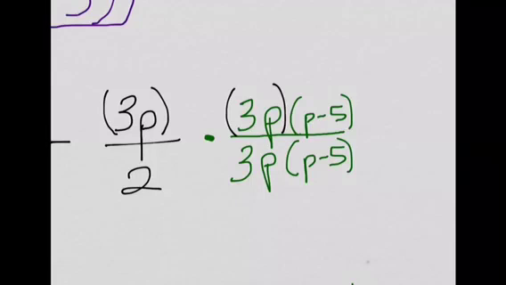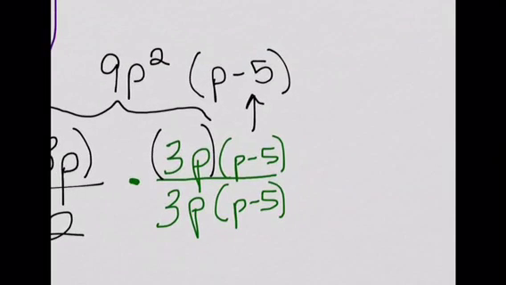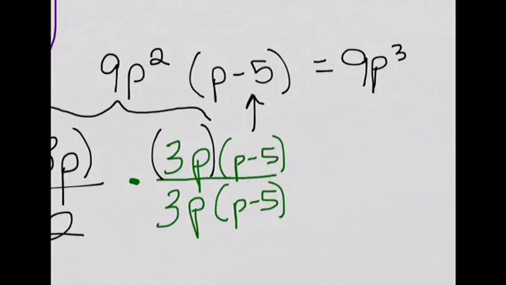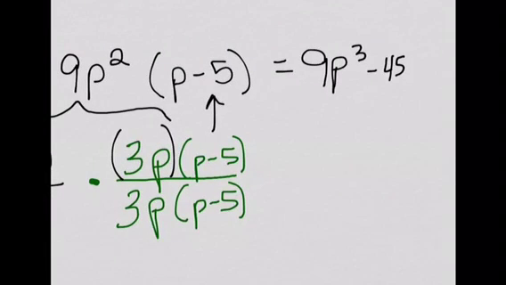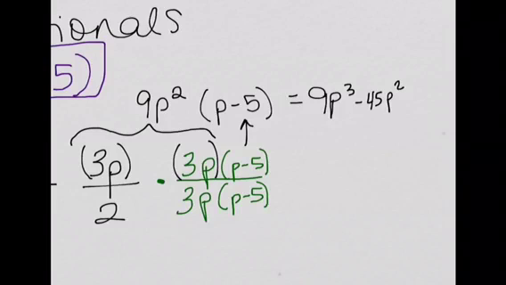So for the ease of things, I'm going to multiply the 3p by the 3p. And I'm going to say that that is 9p squared. Okay? And then I'm going to bring up this third factor, that is a p minus 5, and say, okay, now I can distribute him and multiply. And I can say that this is going to equal 9p to the third power minus 45p squared. Okay, so those three factors, whatever order you multiply them in, this is what the numerator is going to be